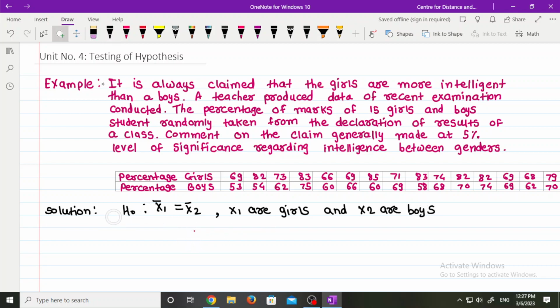This is our null hypothesis, that is H0: x1 bar is equal to x2 bar, and our alternative hypothesis